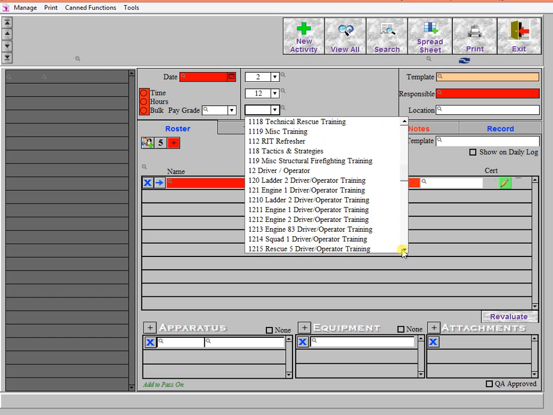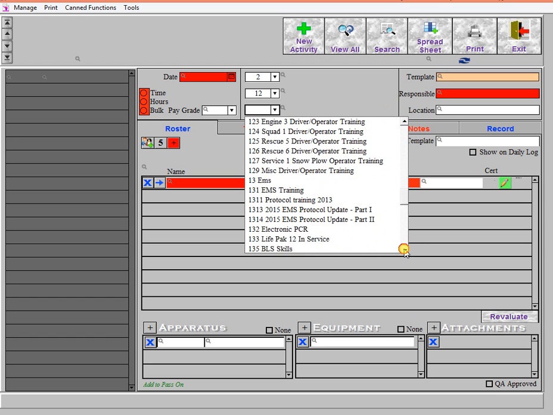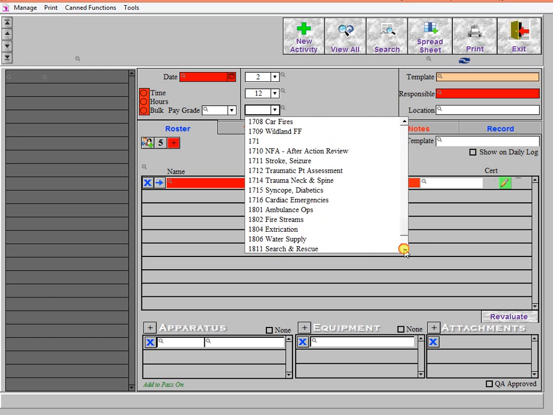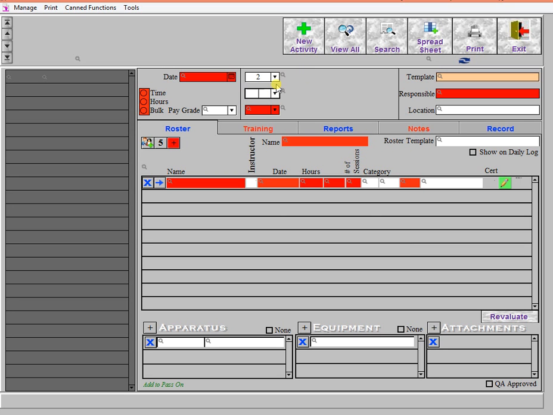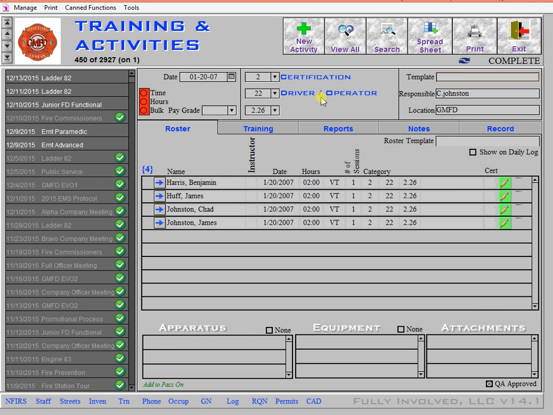You'll see the codes that exist. And I think we're going to find that that is the last item that changed for